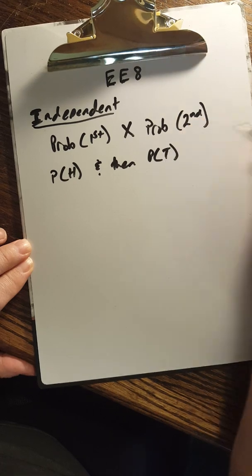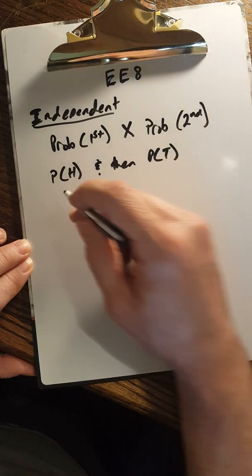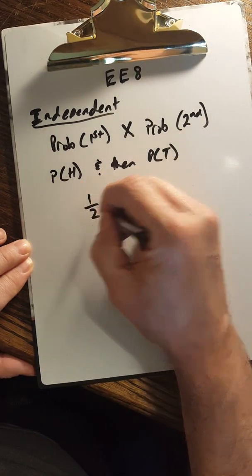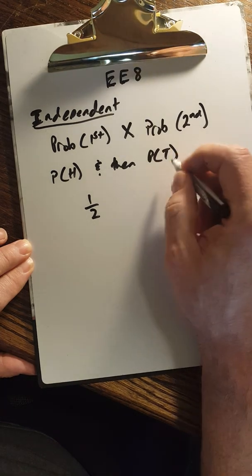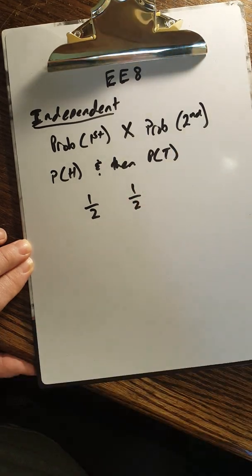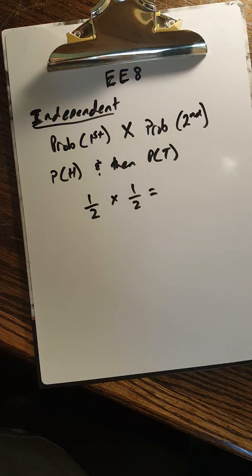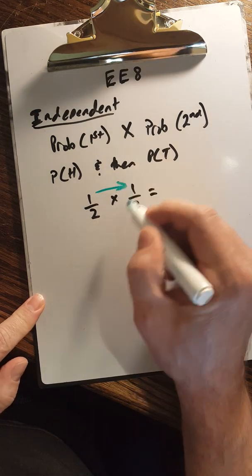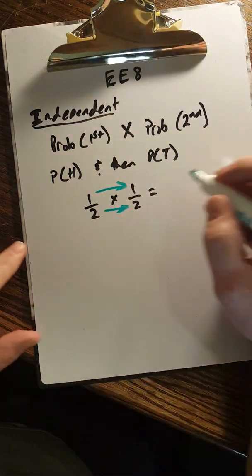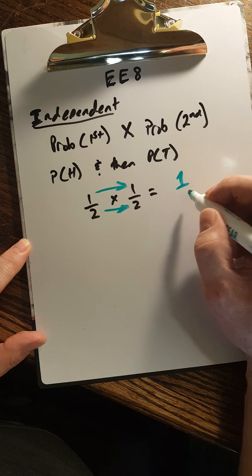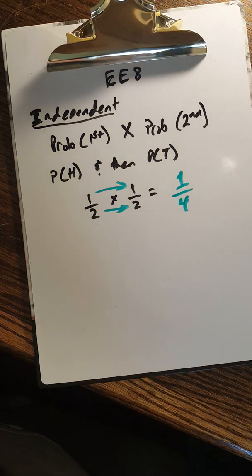a tails on the second event? Well, the probability of getting a heads, as you know, is 1 out of 2. The probability of getting a tails is 1 out of 2. 1/2 times 1/2, as you remember, when you multiply fractions, you multiply straight across the top, straight across the bottom. 1 times 1 is 1, and 2 times 2 is 4. So the probability of flipping a coin twice, first getting heads and then getting a tails, is 1 out of